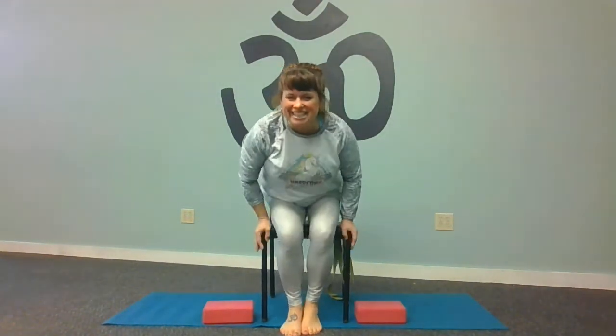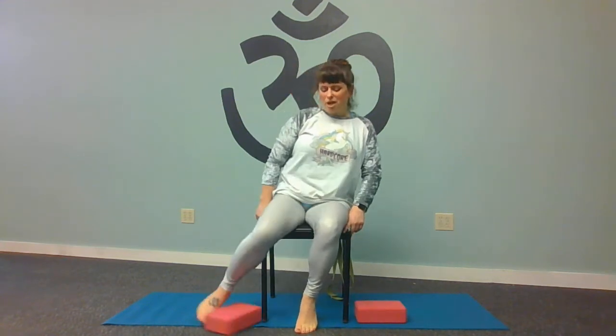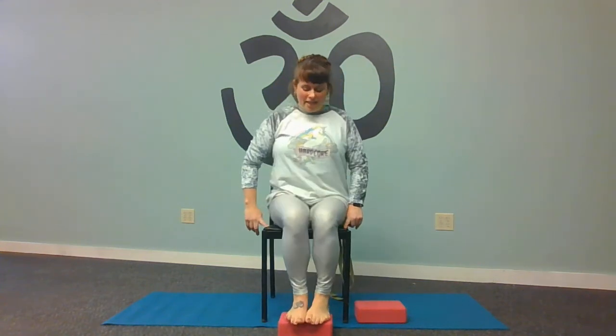Good morning. Chair yoga. For all you people that normally come to my chair yoga class, we're going to do one just for you. So you can see my short little legs, my feet don't touch the floor. So I'm going to grab a block and I'm going to put that block right underneath my feet so that I can feel grounded. And we're going to start off with those hands on the knees and let the eyes